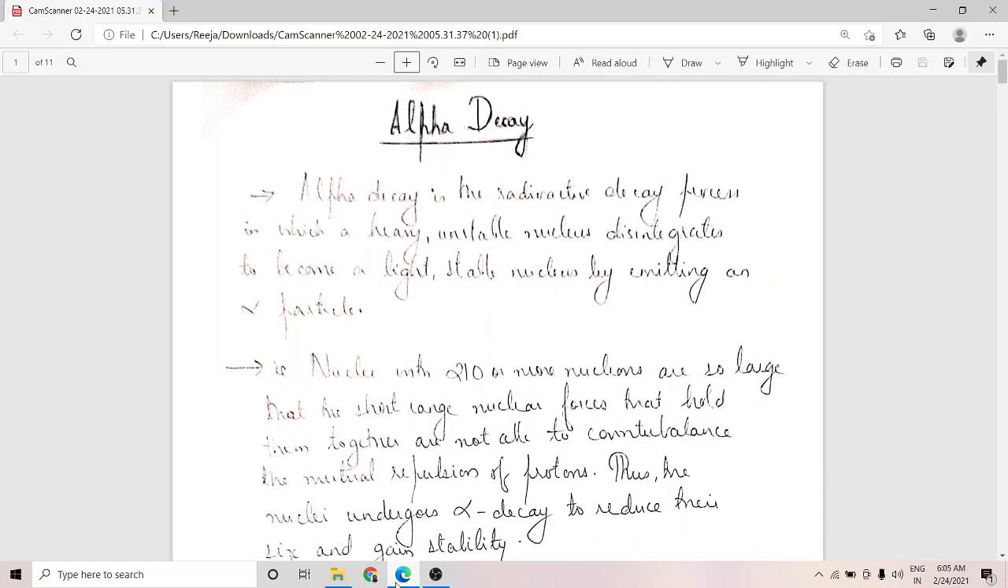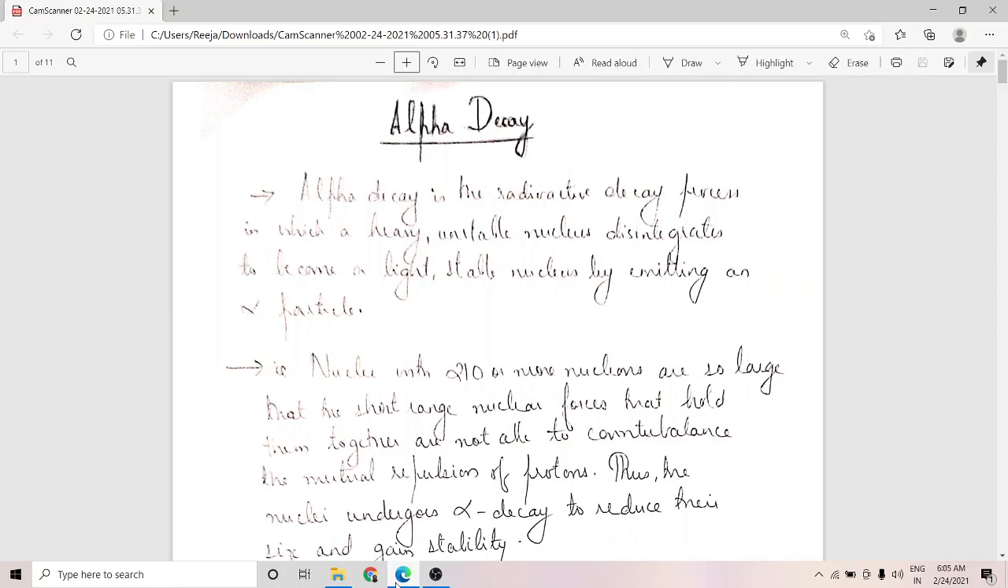Hi students, in today's video class, we are going to discuss a very important topic in the chapter nuclear transformations, and that is alpha decay. Now what is alpha decay? It is the radioactive decay process in which a heavy unstable nucleus disintegrates to become a light stable nucleus by